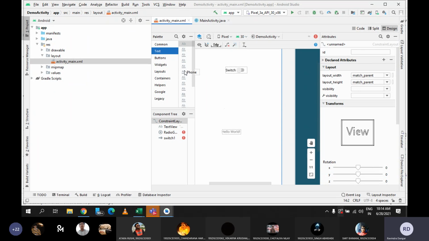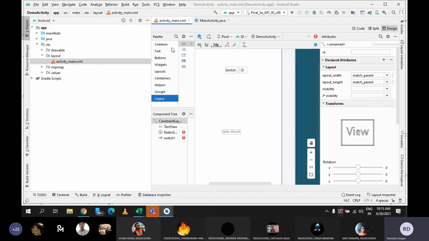As per your need, for phone also you can use this phone text box, in which you cannot enter characters. So by default validations will be applied. Whatever control you want, according to your requirement, you can choose a particular control from this palette window. There are many widgets, many layouts also, containers are also there, helpers, even Google Map is there, and even tab, list, relative layout, grid layout. There are many options. As per your need, you can choose any particular control from the palette window and simply use it. Any doubt regarding palette window? No, sir.